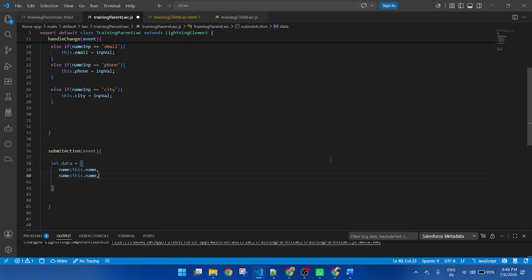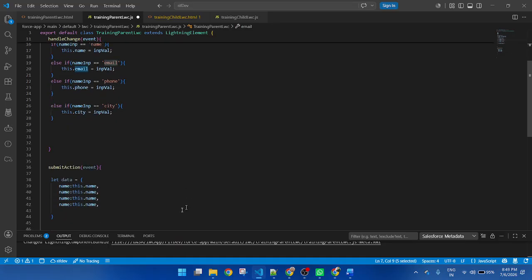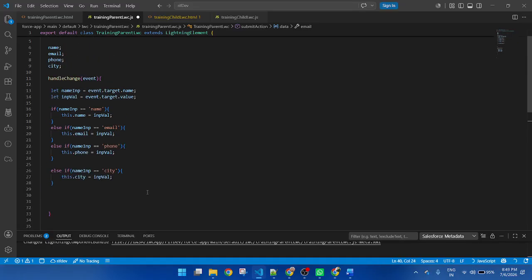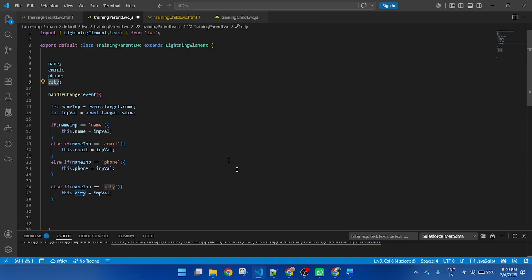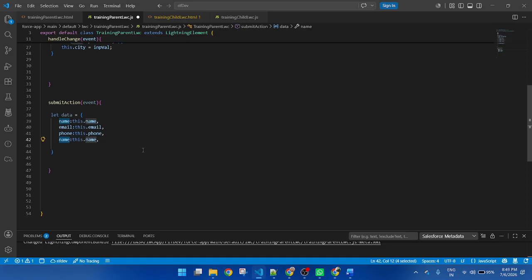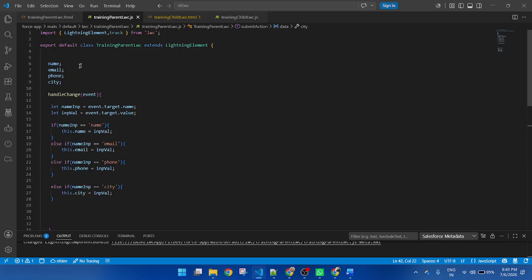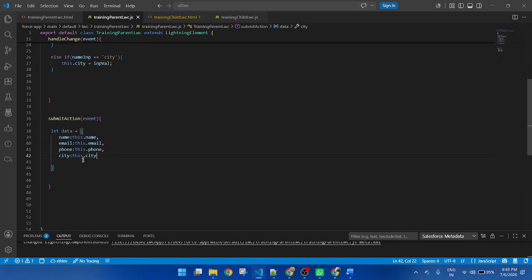Then copy email, phone, city, and remove the comma from the last one. Okay, I created an object. Inside the object, I am storing all of the values that I get from the input. Now, how to pass it?